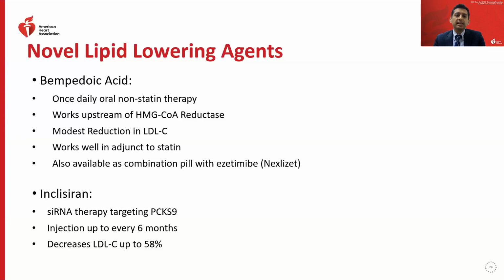Then there's inclisiran, which is an siRNA-based therapy targeting PCSK9. So effectively also a PCSK9 inhibitor, just not a monoclonal antibody like what is currently available with evolocumab and alirocumab. The other thing about inclisiran that is unique is that at maintenance, it just requires one subcutaneous injection every 6 months. So the way it works is you can get a shot at day 0, then at 3 months, and then every 6 months after that. So for maintenance, you're going to be getting a shot twice a year to help lower your LDL. And based on the data that we do have, it can lower LDL-C up to about 60%.